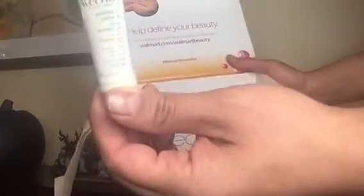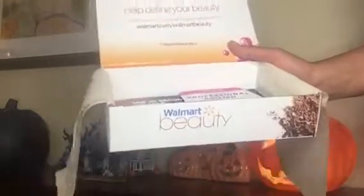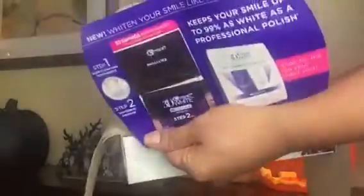An Aveeno Daily Radiance Moisturizing. That's pretty good stuff. Hairspray. Try that. I guess it's okay. And then the rest were just samples